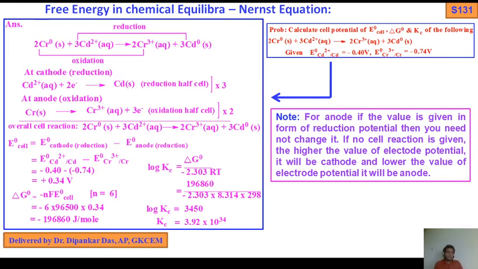Now, from this chapter, the questions will come: construct a galvanic cell, how to represent a galvanic cell, what is the function of the salt bridge, what is standard electrode potential, how to establish the relation between free energy and EMF, and derive the Nernst equation. For a single electrode potential, maybe oxidation electrode potential, maybe reduction potential, electrode potential. Okay, and also the relation between K and free energy, equilibrium constant and free energy.